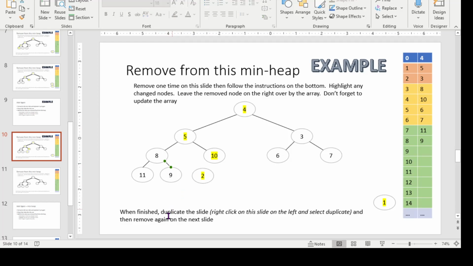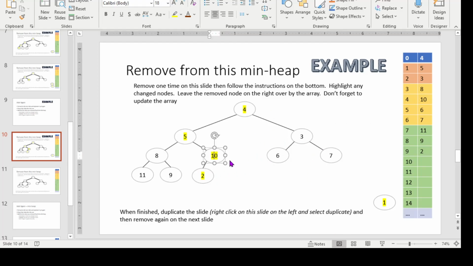As I come over to here, Control C copy, Control V paste, or you can use the menus or the right click or however you want to do that. I'm going to put that back in. And again, I'm going to put the 2 back in over here. All right, and so now what happens is we did just like the add before. We got to sink or swim this bad boy. In this case, we're swimming. So the 2 comes here, the 10 comes back down here,